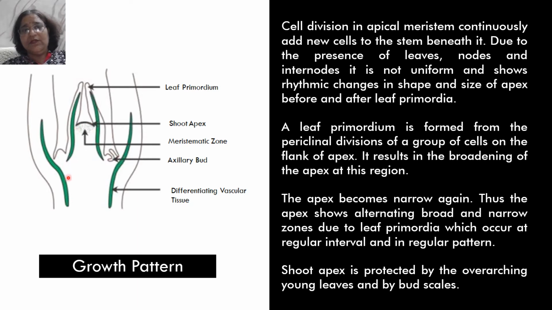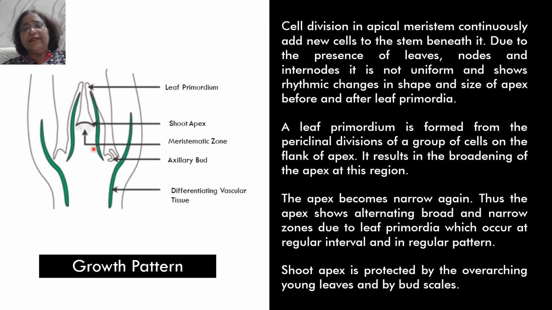This is narrow, this is broad, again narrow, but when the leaf primordia arise, it is broad. So at regular intervals, we can see the pattern changes from narrow to broad to